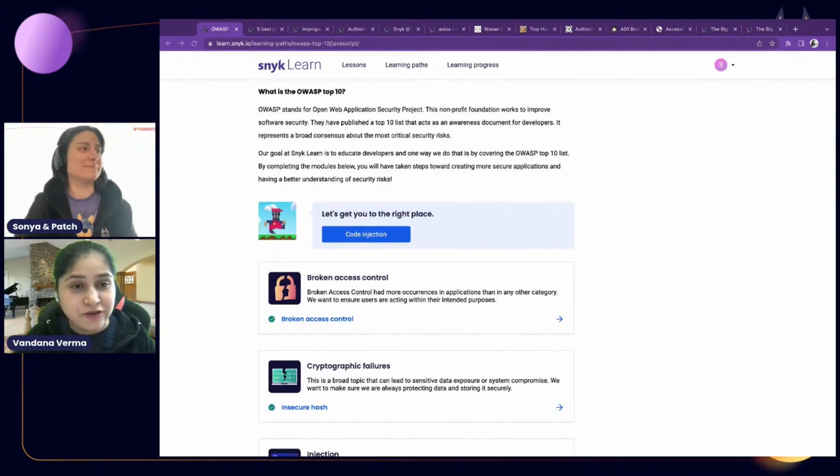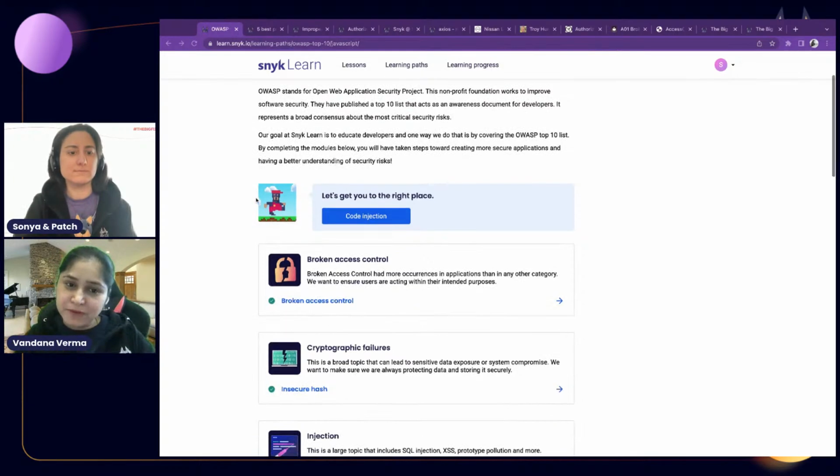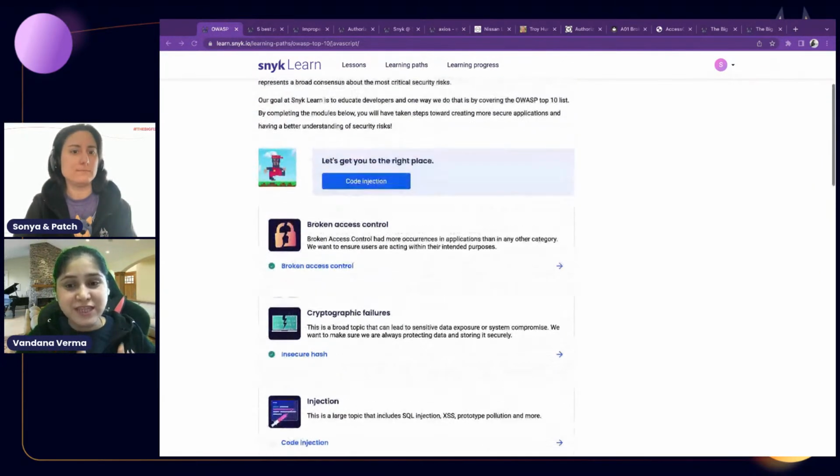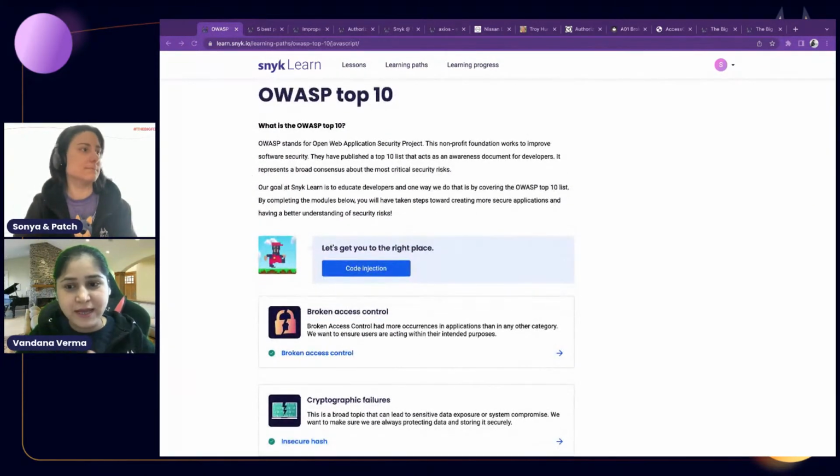After this session, you can go back and try it yourself as well. You don't need to wait for us to give you the access, because they are open. They are there for you to learn. And if you want to share any suggestion about these vulnerabilities or these sessions, we would love to hear about that as well. So now, without further ado, let me go ahead and we will get started with the sessions.